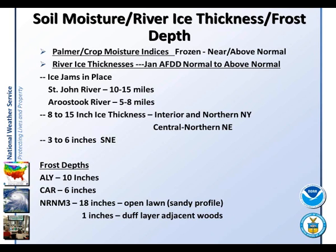And here's a station just west of our office down here in Taunton, where there are 18 inches of frost in the open lawn on a very sandy soil profile, because we've had no snow at all to speak about, so the frost is very deep. But just 100 feet away, there's only 1 inch in the wooded duff layer in the sandy profile. So it's a big difference, but we have quite a frost depth down here because of the lack